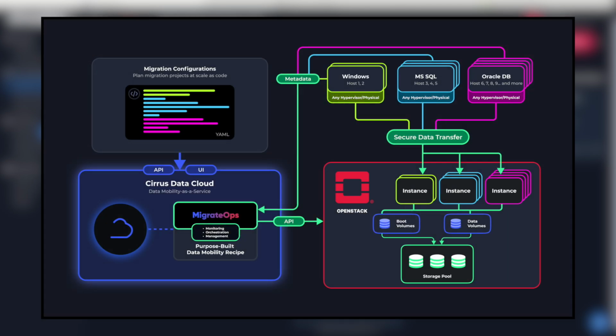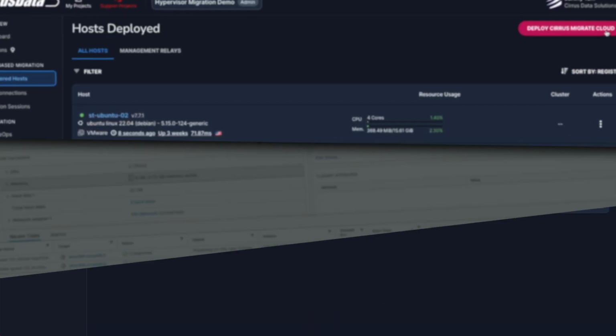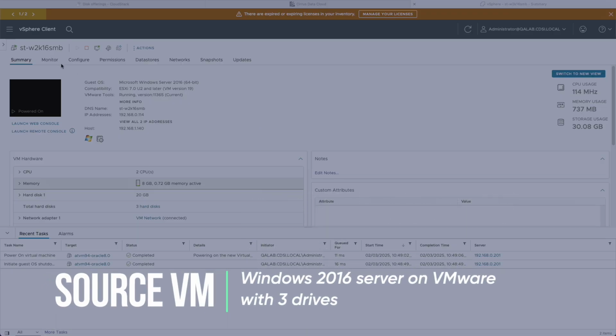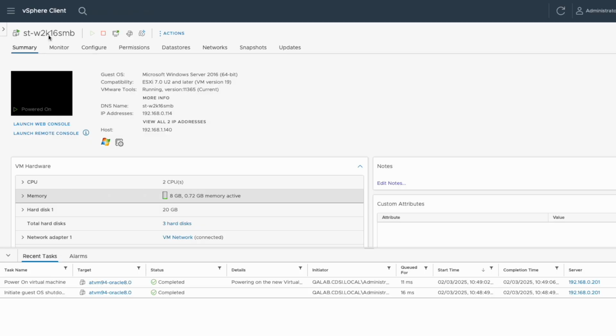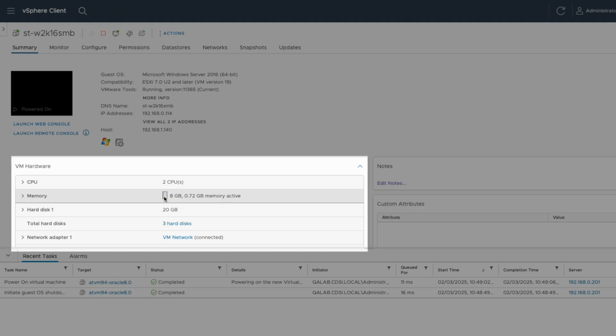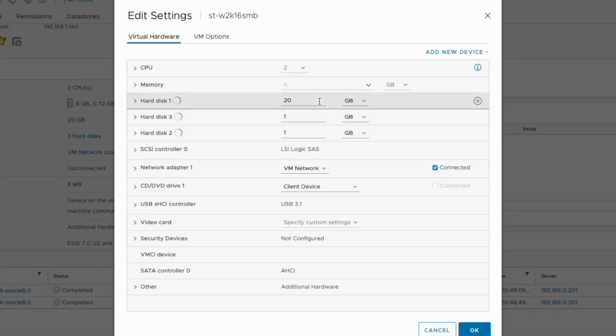Okay, for this demo, I am going to demonstrate how to migrate my entire Windows server from a VMware environment to OpenStack with Cirrus Migrate Cloud. This is the environment. First, I have this 2016 SMB Windows machine here running on a VMware server as our migration source, with 8 GB of memory and 2 CPUs, 3 disks, 1 20 gig boot drive, and 2 1